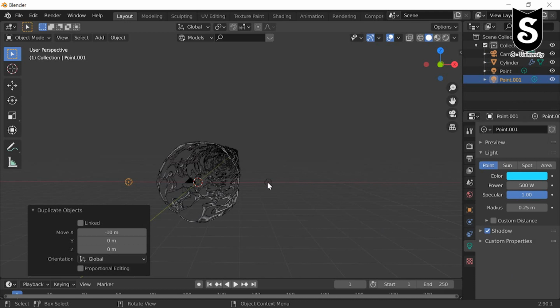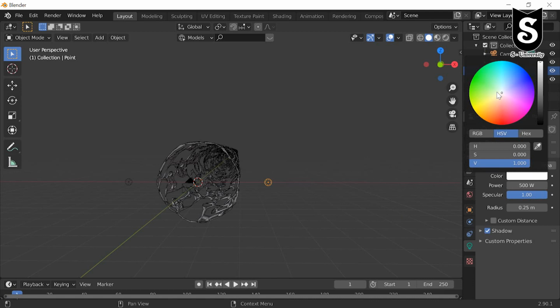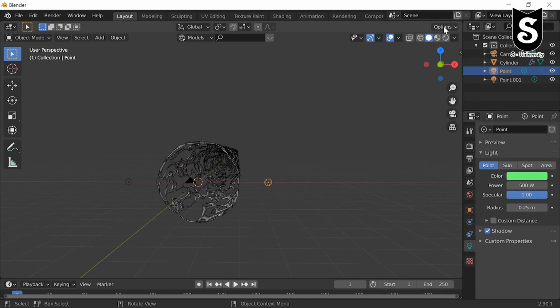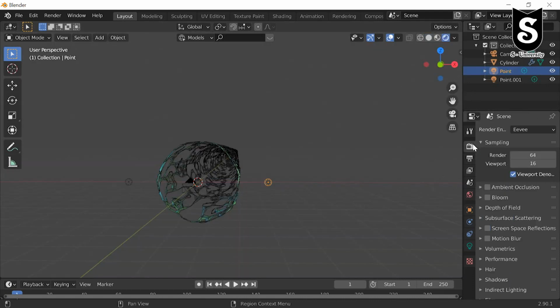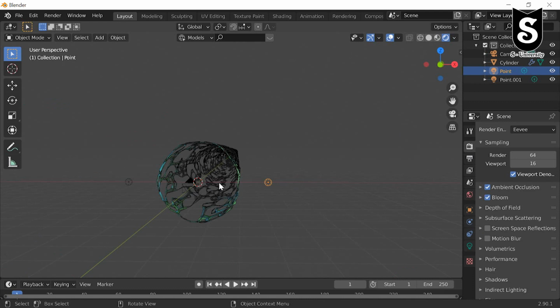Check the other light and also make it 500 and make the color light greenish. Check in render mode how it looks. Go to our render setting, check mark bloom to see the lighting effect. Select both the lights.